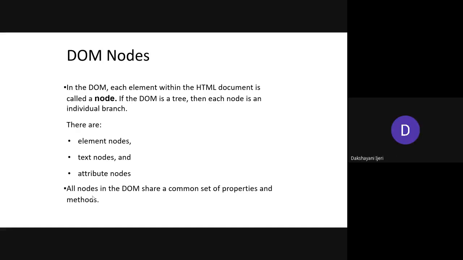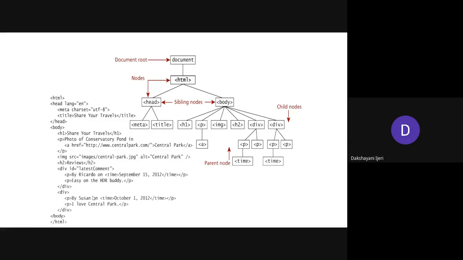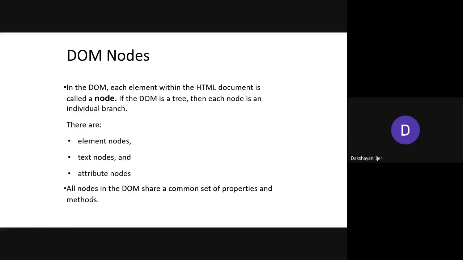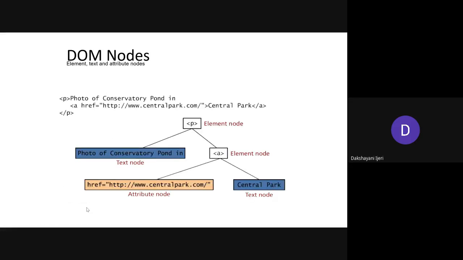Okay. So whichever part of the section or whichever node you consider from this HTML, each of these nodes shares a set of properties and methods which is helpful for JavaScript access. We'll see what those are and how you can access them. We'll consider a very simple example to explain again the meaning of the element node and the attribute node. Here a paragraph element has a child element, an anchor element, with the attribute href and the text Central Park. This is how the document object model is going to be constructed for this part of the HTML.